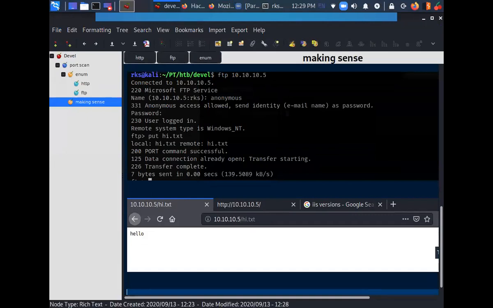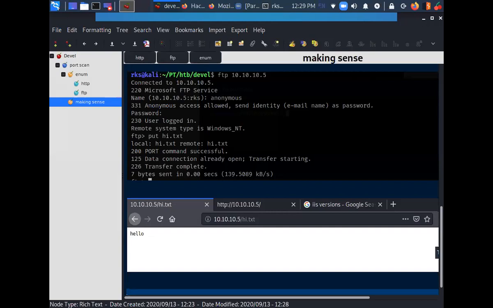This was just to prove that I am able to upload something, and I am able to access it through the browser. It's a text file, so it's not an executable file. It's a normal plain text file.